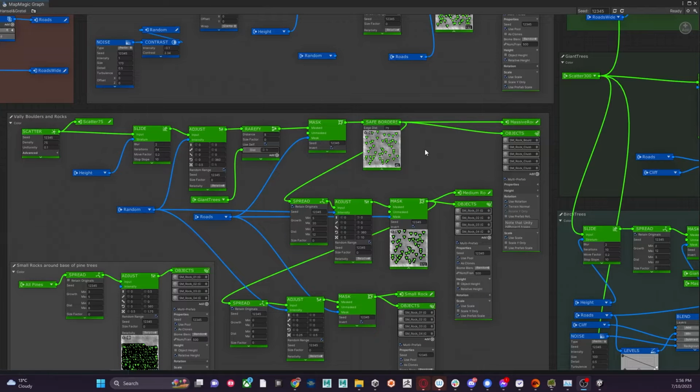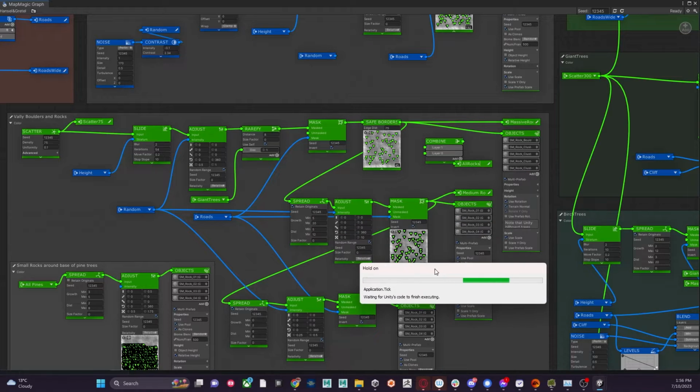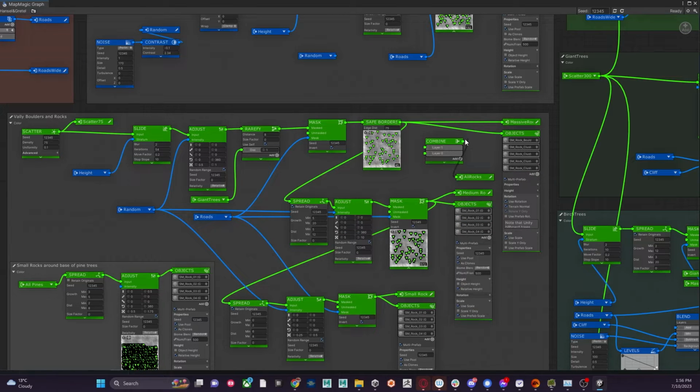What I'm going to do is create a combine node, which allows me to combine several position data into one output. So I'll make a portal as well for this output. In this case, it'll be an enter portal, and we'll call this all rocks. And you can see it's quite challenging to work with at the moment, but we'll go our massive rocks,